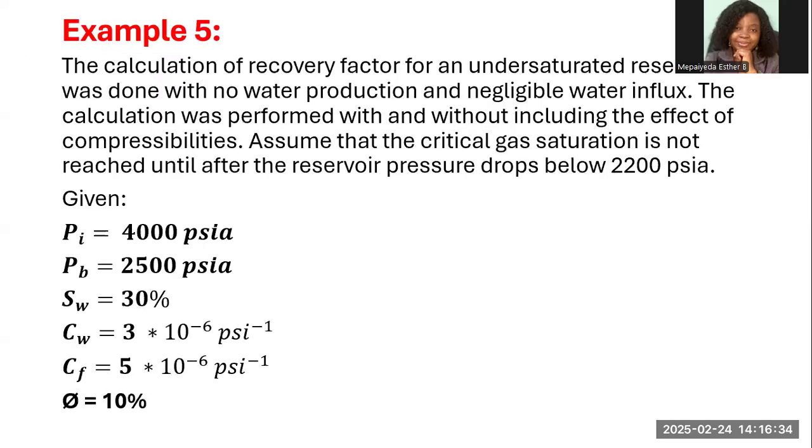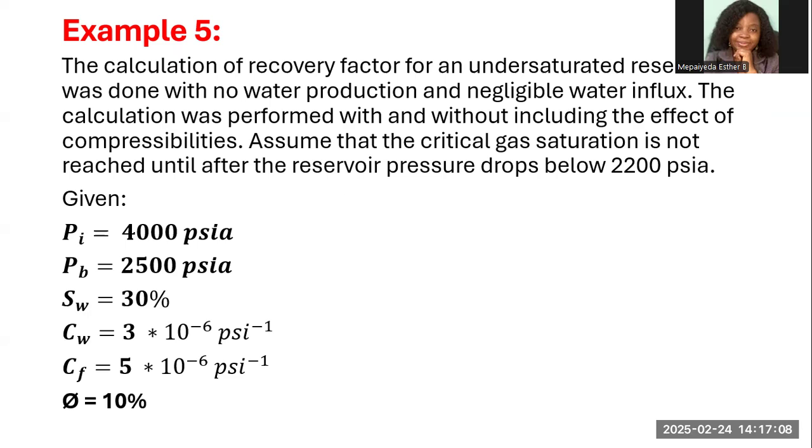Okay, so let's go to the next example. You have here another interesting question that says the calculation of recovery factor for an undersaturated reservoir was done with no water production, as WP equals 0, and negligible water influx. You're familiar with this now, WE equals 0. The calculation was performed with and without including the effect of compressibility. So this is quite interesting. We want to see the effect of compressibility on